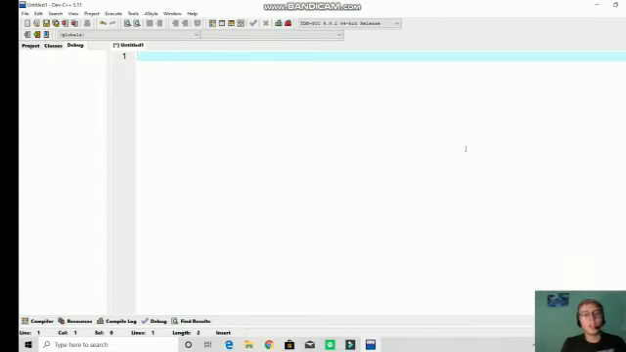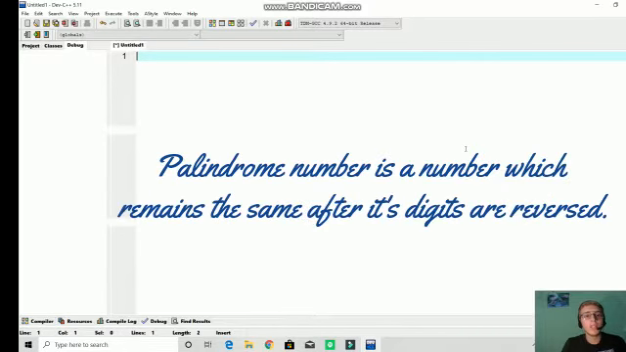Today we are going to write a program in C++ to find whether a number given to us is a palindrome or not. So before we get started, let us know about the word palindrome. A palindrome number is a number which remains the same when its digits are reversed. For example, we have